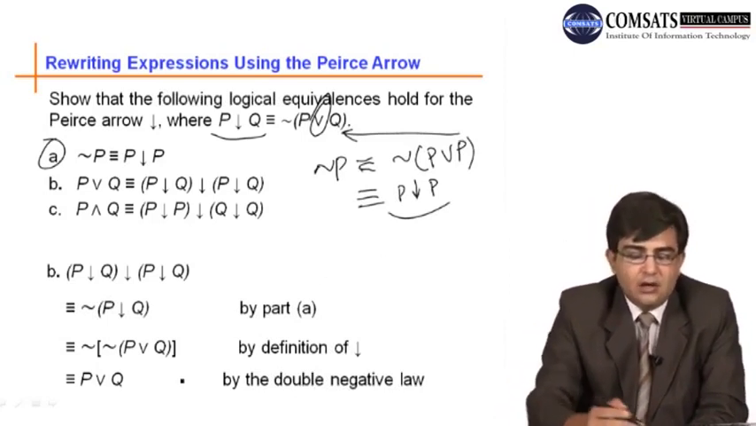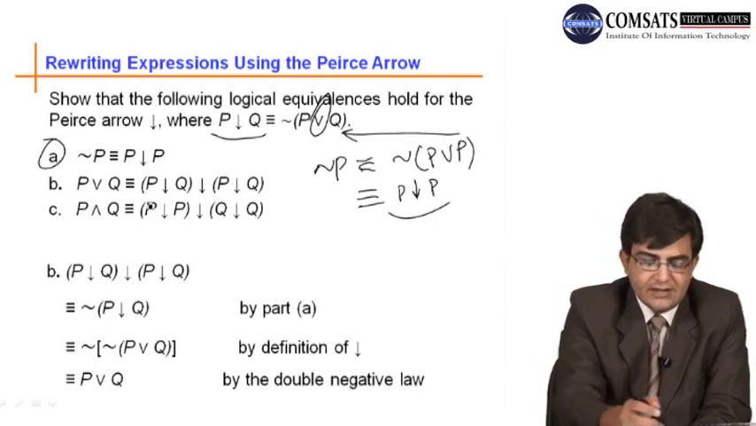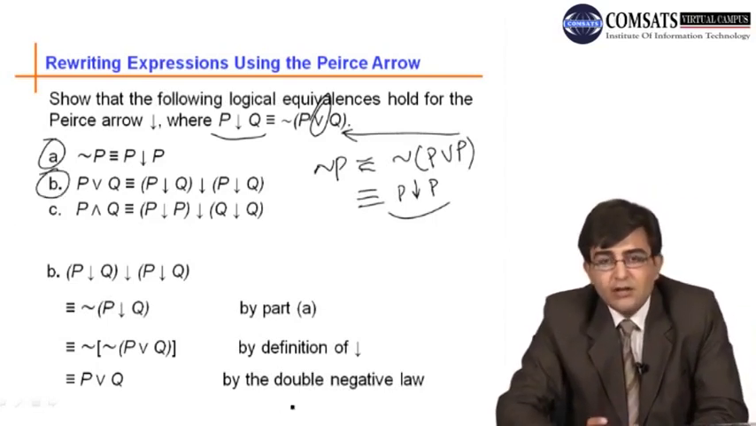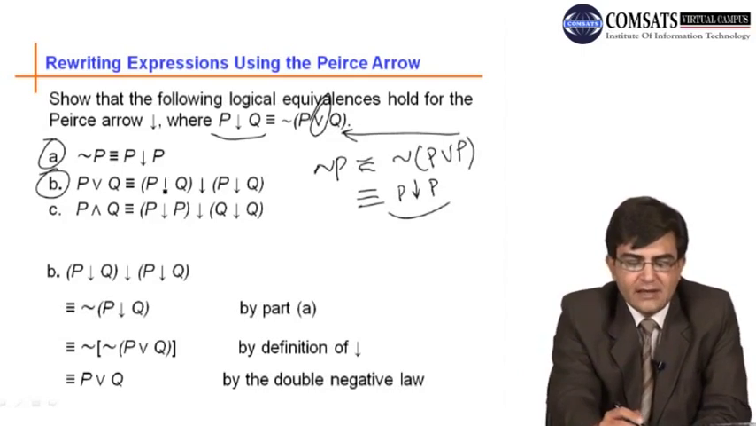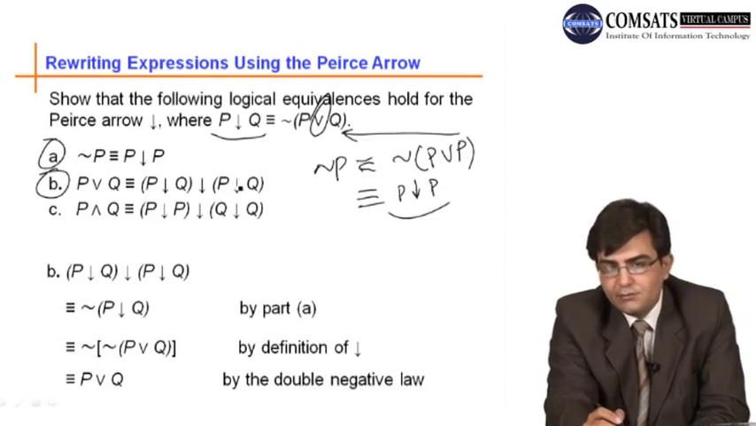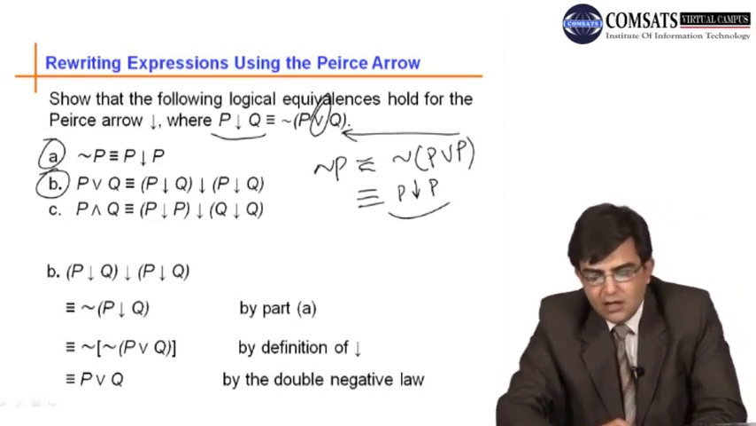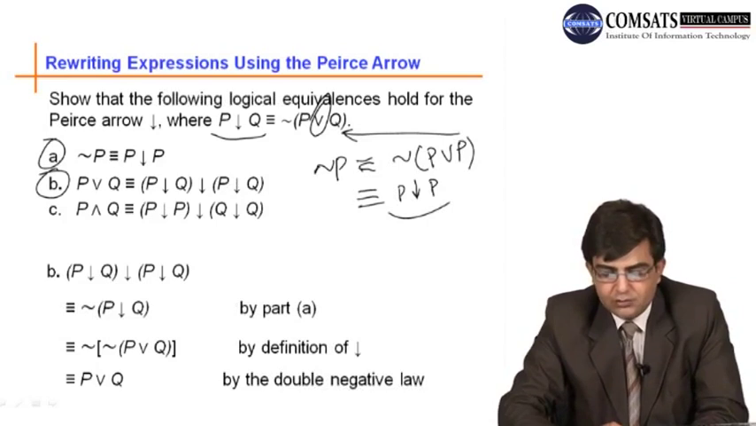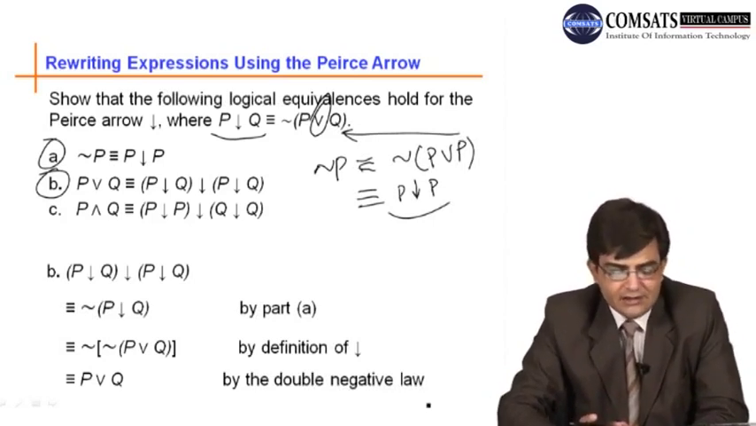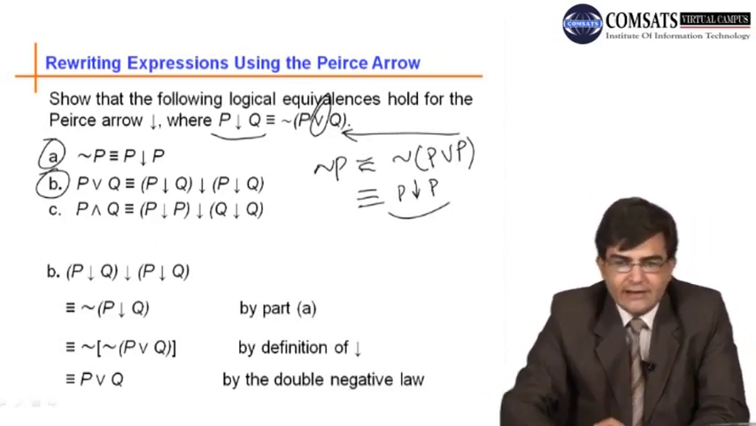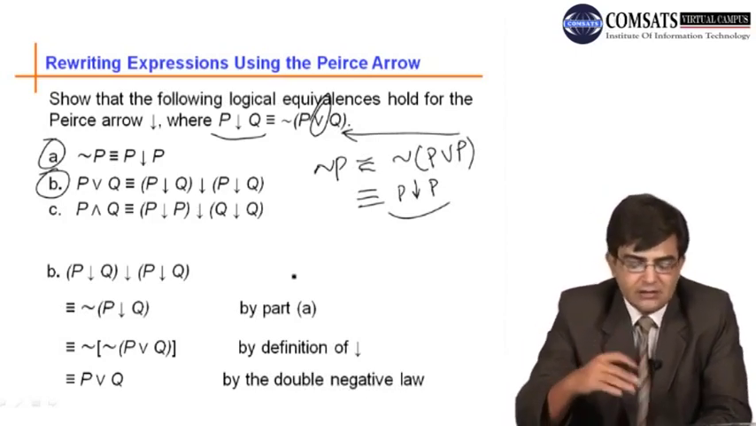So this is done. Now we consider the second part, B part, and we have to write P or Q. We have to prove P or Q is logically equivalent to P Peirce arrow Q, bracket, Peirce arrow, bracket, P Peirce arrow Q. So this is what we have to prove, and we prove it either by considering left hand side to right hand side, or we can start from right hand side and arrive at left hand side. I have used the right hand side here, but you can use left hand side also